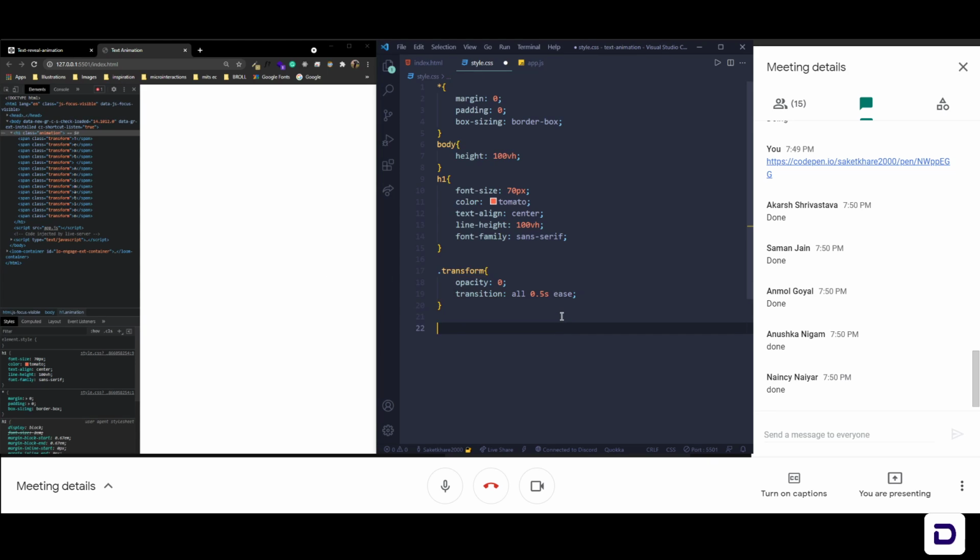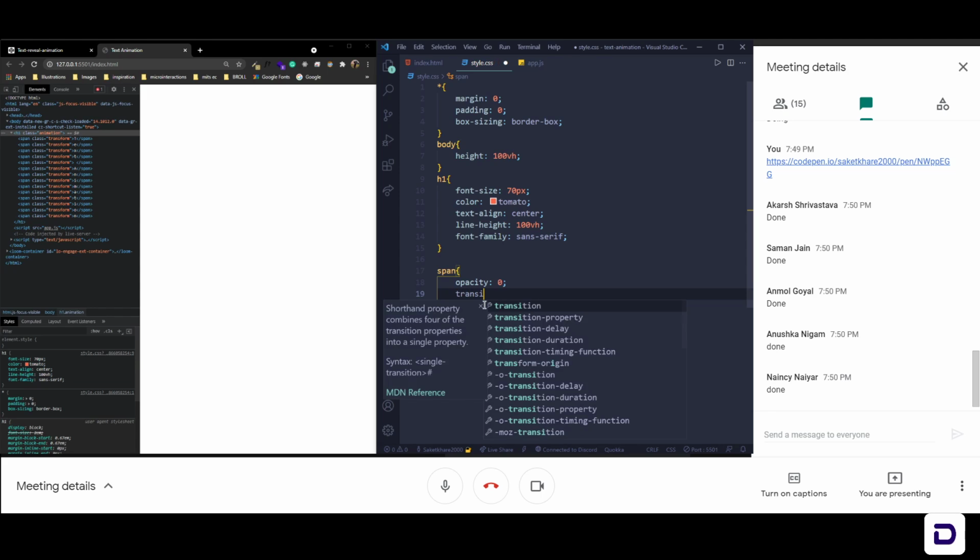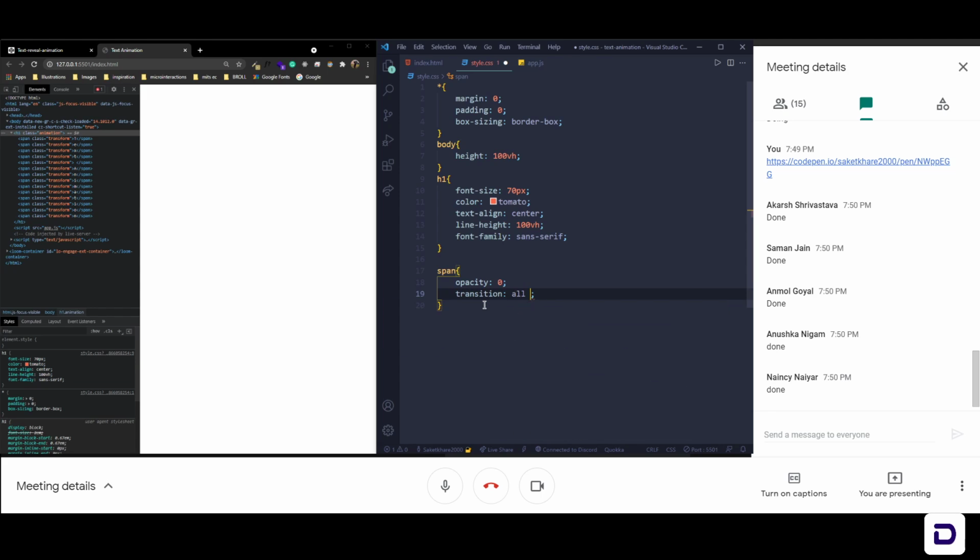So now we will add span dot fade. After adding the fade, we'll say span's opacity is 0 and the transition will be all 0.5 seconds ease.